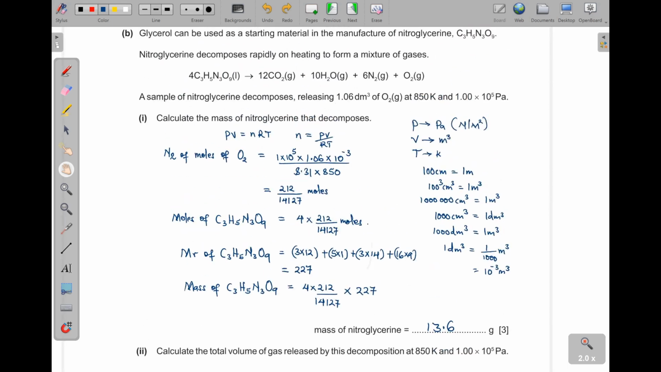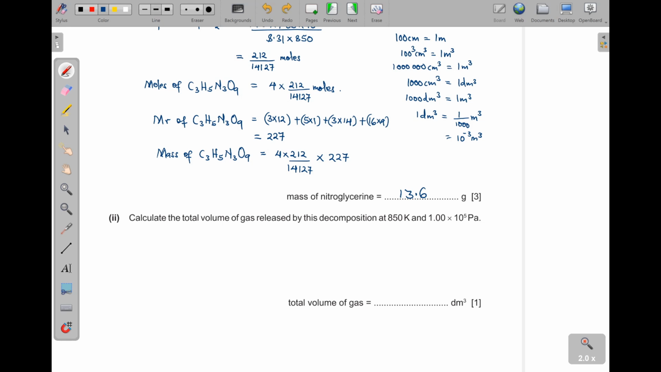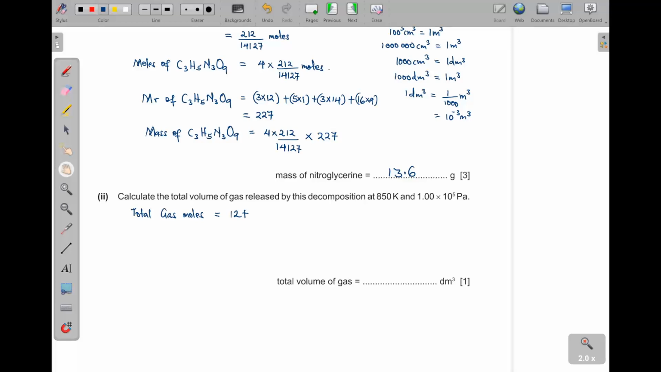Now what we need to do here is to go back to this stoichiometric equation and look at the total number of gas molecules. We can see 12 here, 10 here, 6 here, and then 1. So when we add all of this together, the total number of gas moles is going to be equal to 12, 10, 6, 1. This is 17 plus this, I think that is 29. So that is 29. That means the total volume